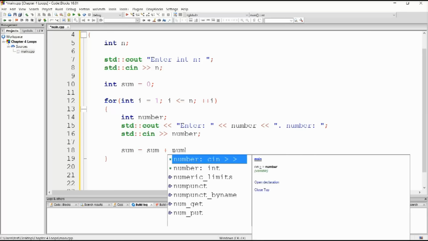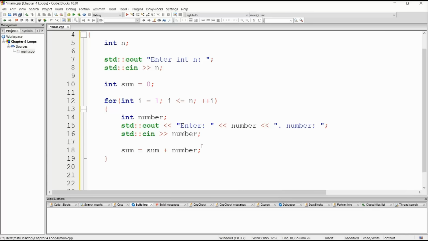And I'll tell you why. Okay, so sum. We have declared it here, int sum. Now imagine if we didn't actually initialize it to anything. What does that mean? Well, a variable sum would have been created and it would have occupied a certain space